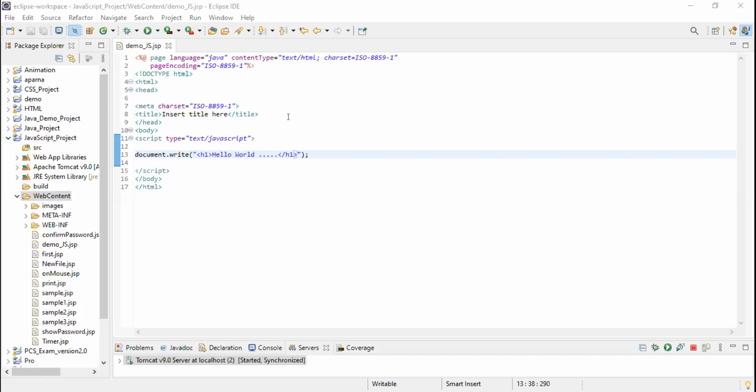So you can write JavaScript in the head section and also in the body section. Either head section or body section.